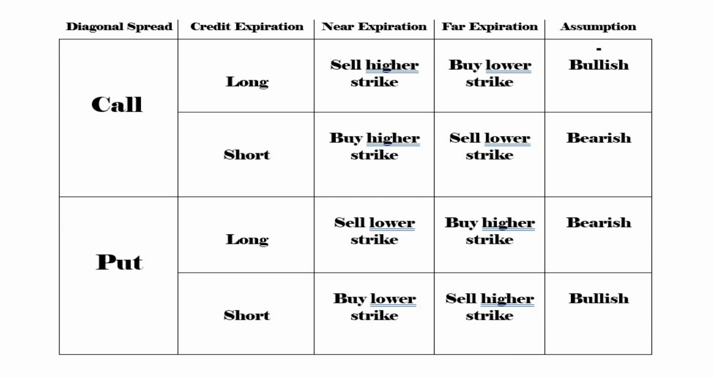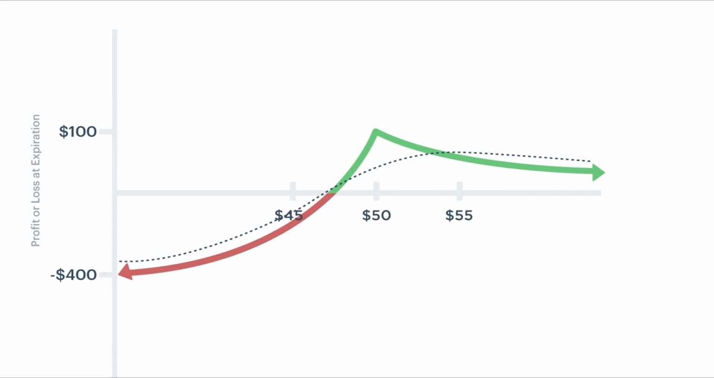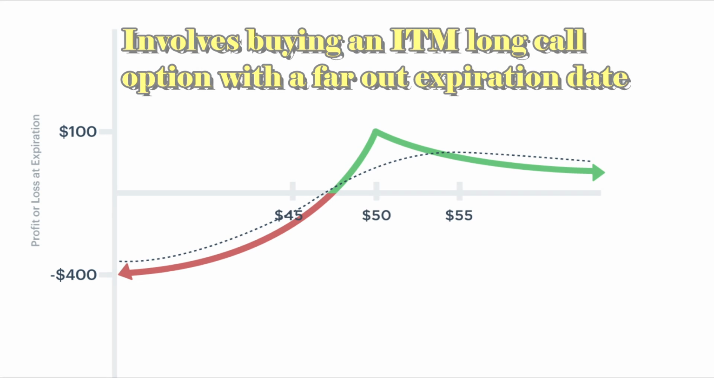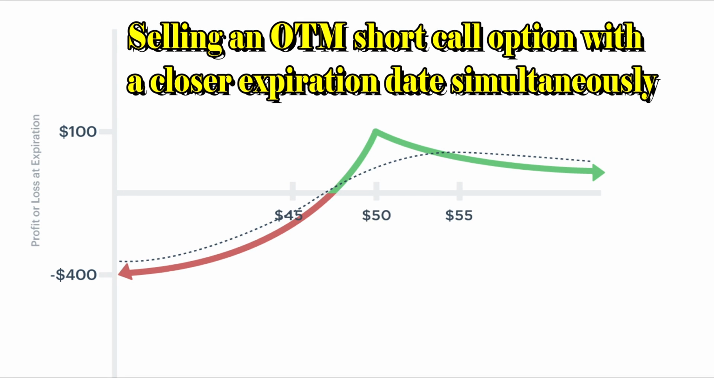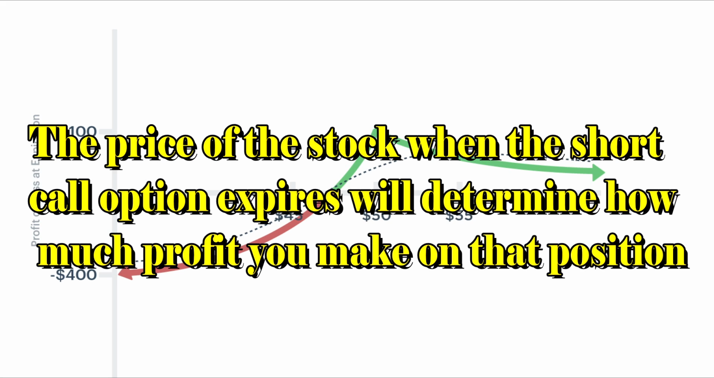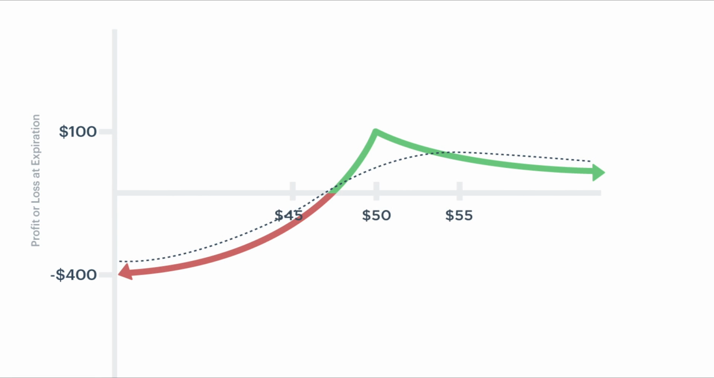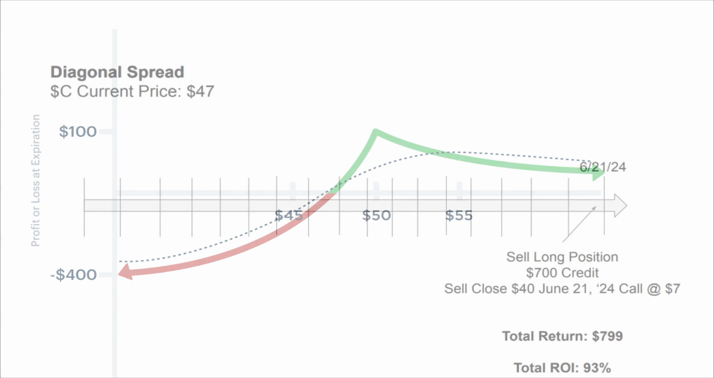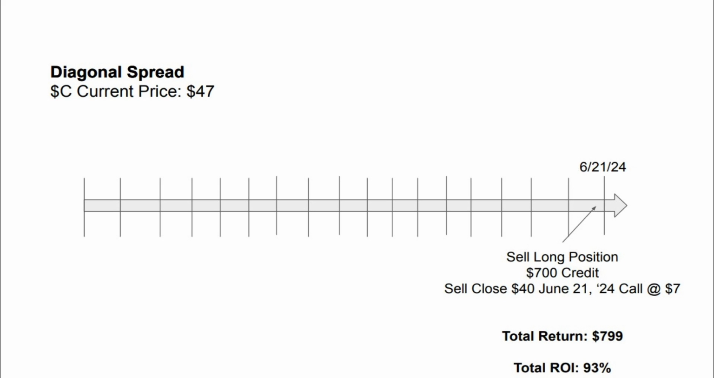You can open a diagonal spread with calls or puts. If you open it with calls, a long or a bullish call diagonal spread involves buying an in-the-money long call option with a far-out expiration date, while also selling an out-of-the-money short call position with a closer expiration date simultaneously. The price of the stock when the short call option expires will determine how much profit you make on that position, and by being able to sell additional short positions, you increase your overall profit potential. The goal is to generate enough profit from the short positions to more than cover the initial debit when the